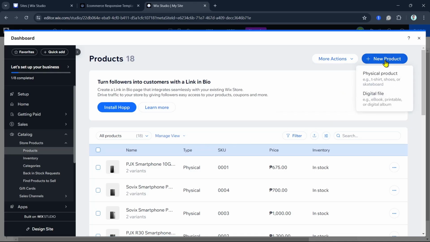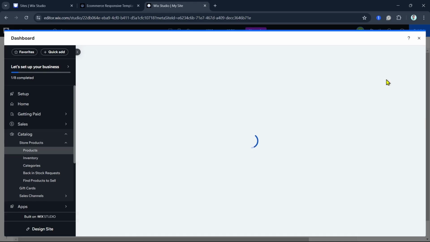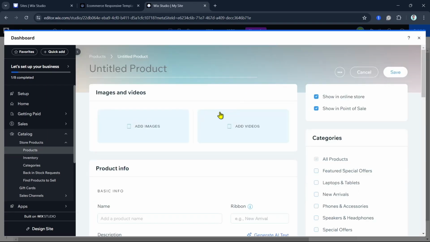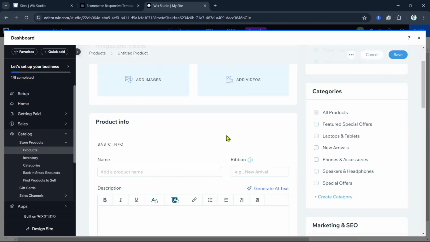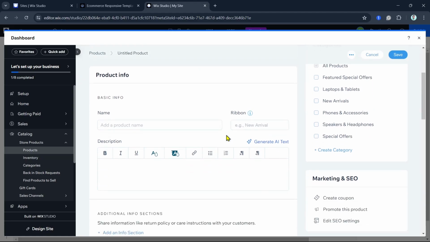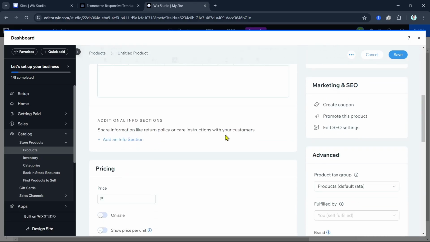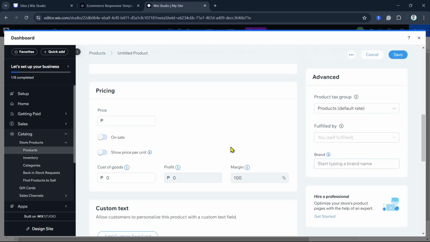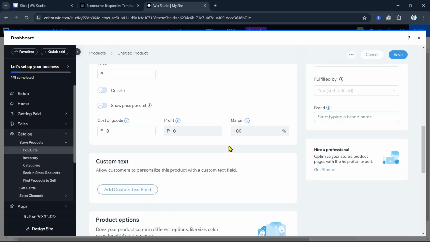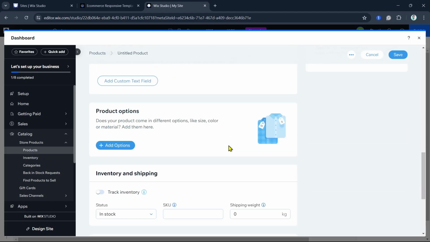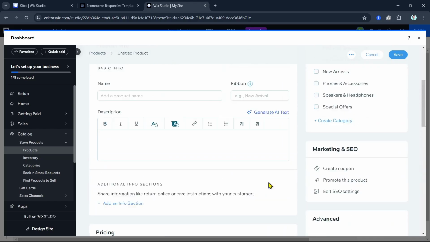And once you click on the new product, as you can see, you'll find physical product and digital file. So basically I'm going to add a physical product. And then here you can manage your product. You can add your name, price, description, and images. And you can also set up product options like the size and the color. So once you've added all the necessary details, just click on the save button at the top right hand corner